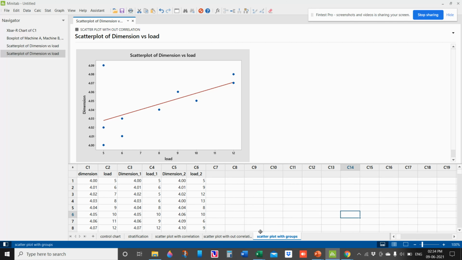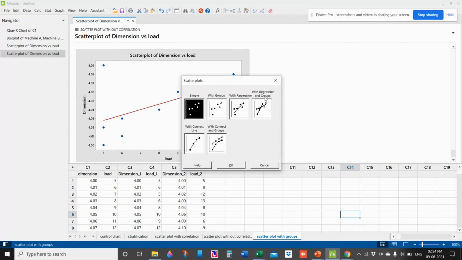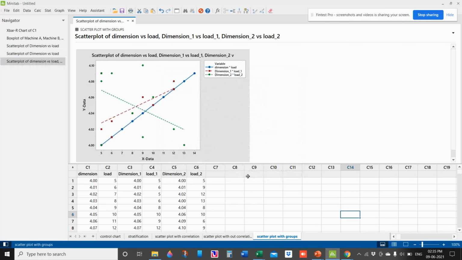Now let us see the scatter plot with groups. Now go to graph, scatter plot, with regression and groups. Say okay. Here you select all the groups. See, dimension load, dimension load, dimension load. Tick this XY pairs on group and say okay. Now you can form multiple scatter plots in a single graph, where the three groups you have created are in a single graph.